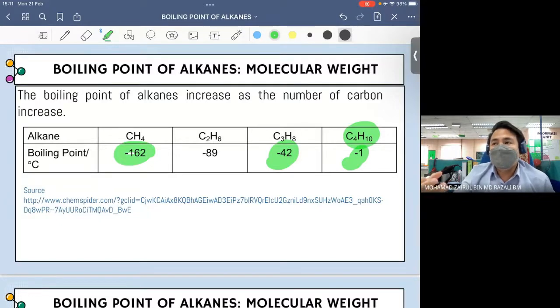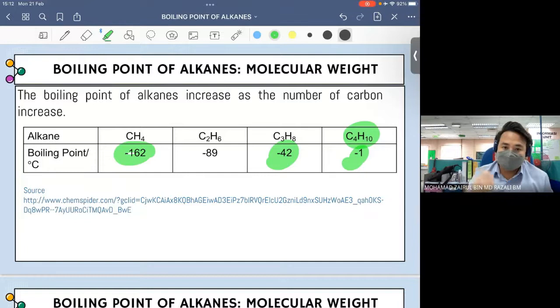Sebab itulah kalau kita punya petrol ataupun gas masak tu, kita tend to use hydrocarbon yang tak ada terlalu sikit carbon dan tak ada terlalu banyak carbon. Sebab kalau terlalu banyak carbon, akan mengambil masa yang lama lah, macam petrol semua tu untuk dia pick up. Kalau terlalu sikit pula carbon, dia senang vaporize nanti habislah kalau kita punya engine. Okay, so kalau awak tengok sini, the higher the number of carbon, the boiling point increases.